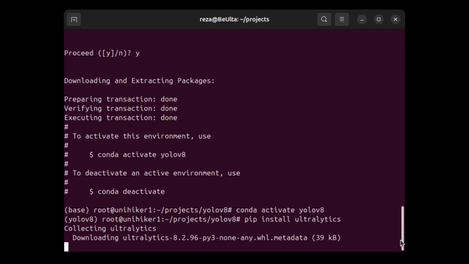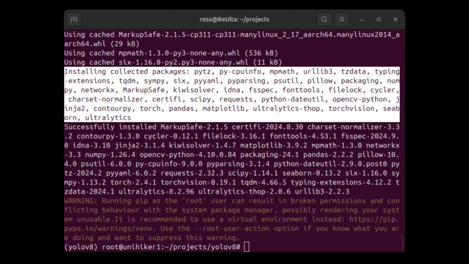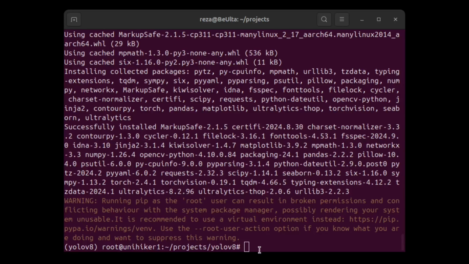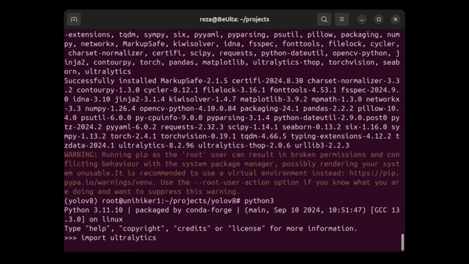And once again, I'm going to stop recording the video and come back when the operation is complete. So the installation is now complete, and we will proceed to testing the installation of the Ultralytics package. So I'll just do a very simple interactive test by importing the Ultralytics package, and if it loads correctly, then we'll know for sure that the package has been installed and we can proceed with the hello world type of